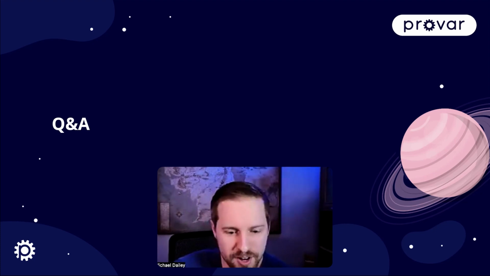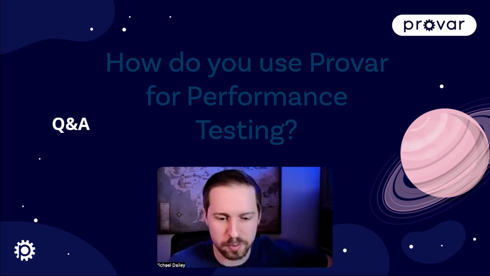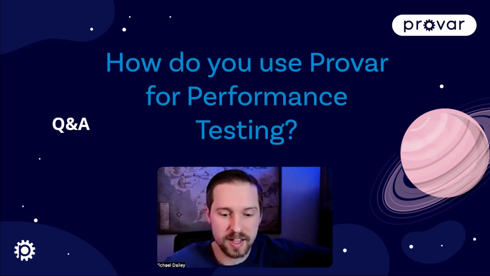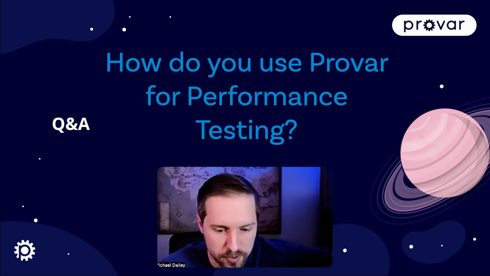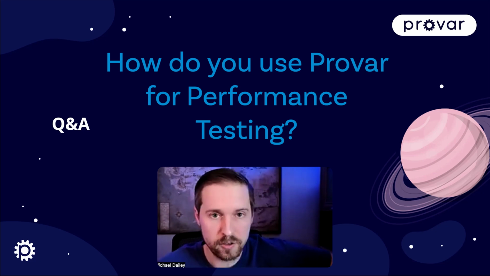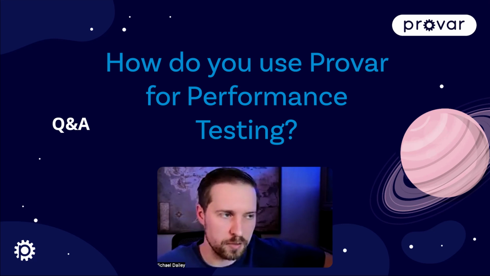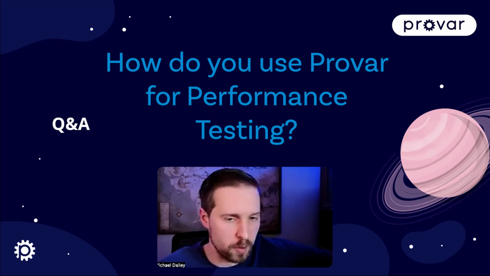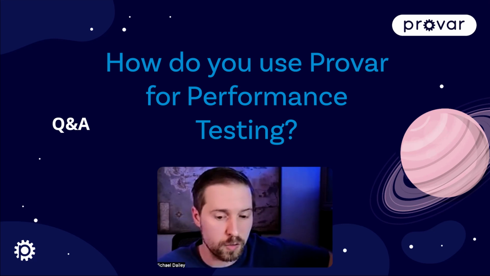Question here on performance testing. We get this one just about every time. So how to use Provar for performance testing, capture the load times for individual components on the homepage of an Experience Cloud portal. So we can capture load times using the test step duration counters that are already built into Provar's test